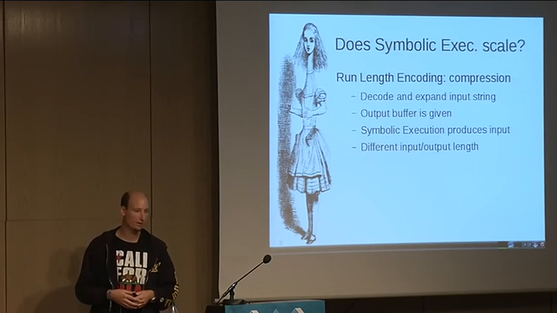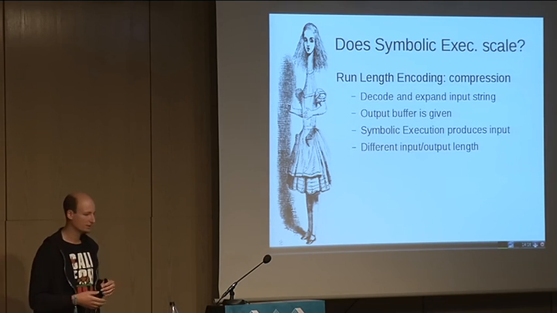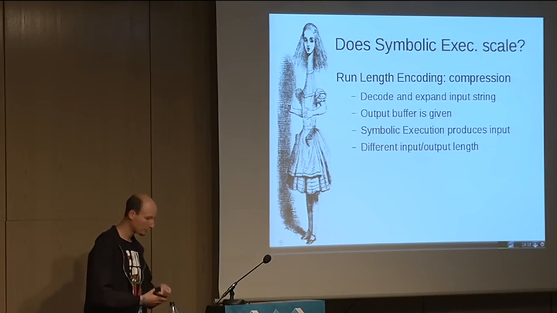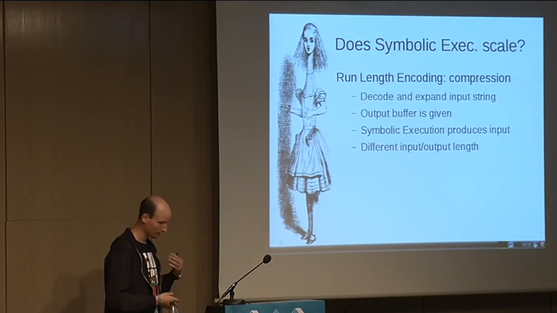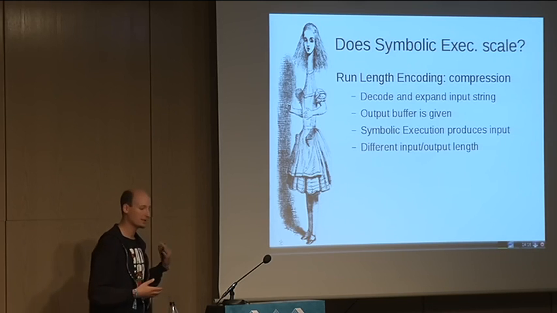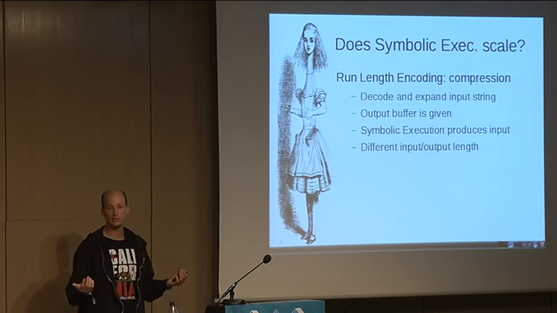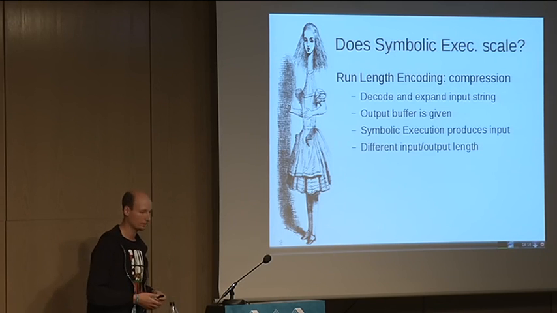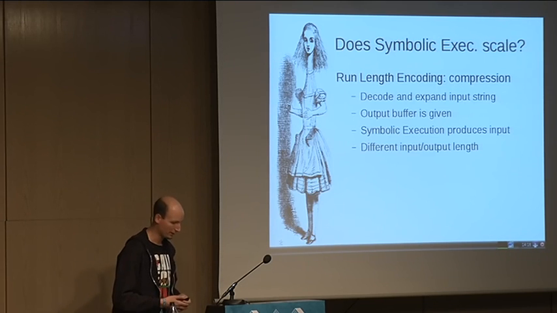We start using a simple example, and we use run length encoding, which is one of the simplest compression formats that you could think of. It was invented in the 70s to encode fax images and stuff like that. But it's still a valid encoding in all the PDF formats, and any PDF reader has to actually implement it in this spec.